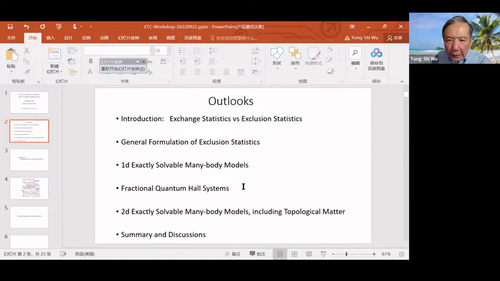Then these new exclusion statistics can also be exactly realized in fractional quantum Hall system, which was a very hot topic